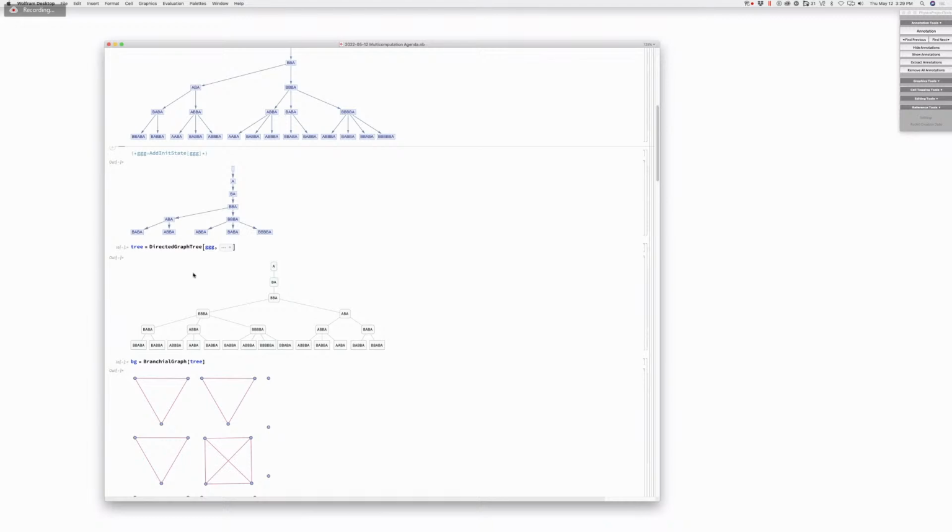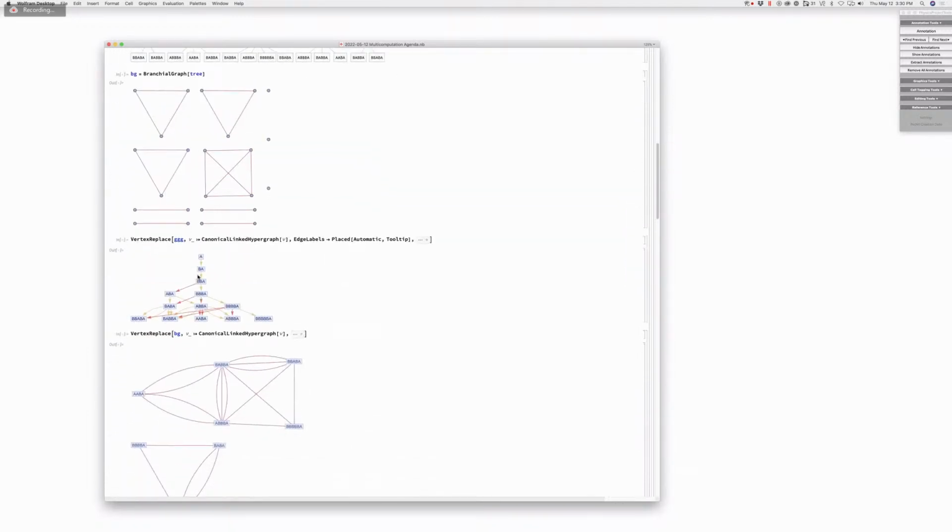So wait. Before doing any equivalency, if you don't have a notion of equivalency between states yet, the branchial graph is just a union of some complete graphs. Yes, indeed. And the union is between children. So you can do the branchial graph for every tree, basically, right? Yes. And then you apply your equivalency with a simple replace function. I think I have it later, if you scroll down.